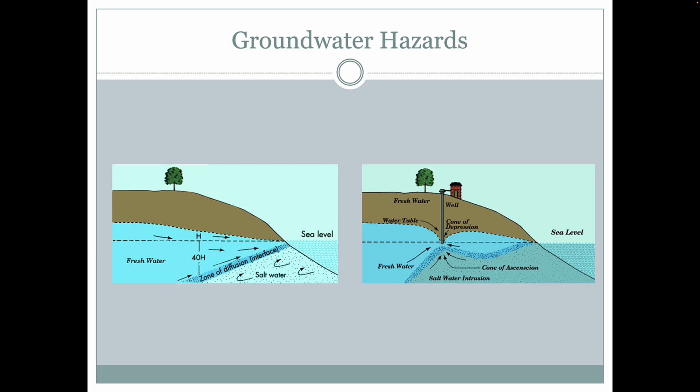And once again, contamination is not always something that's done intentionally to harm the environment, but situations arise where the groundwater gets contaminated. For example, when salt is spread during the winter on roads in order to de-ice them, that salt eventually gets into the groundwater and can make the groundwater more saline. Or in this example here, we have an island or a coastline where we have fresh groundwater that's sitting above salt water. And the salt water is coming in from the ocean, but the fresh water, due to the pressure gradient, is pushing out in this direction here,